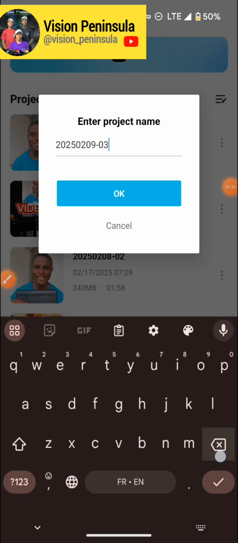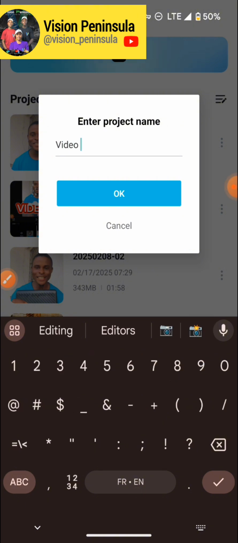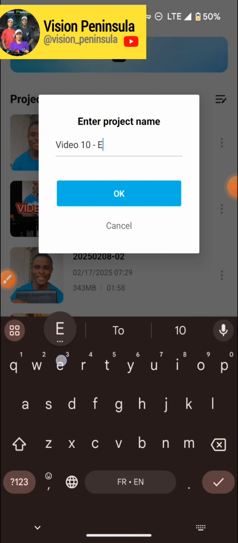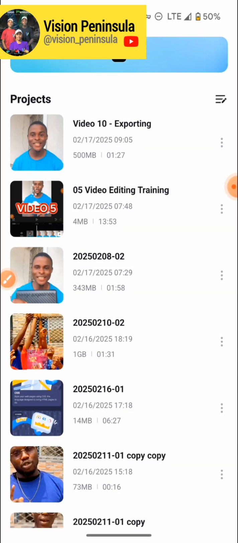So this project, first of all, is not having a very nice name. So I can click on the 3 buttons by the right and I'll rename that. So I can rename this to video 10. I can say exporting. Can just click OK. Right, so I've been able to rename my project,